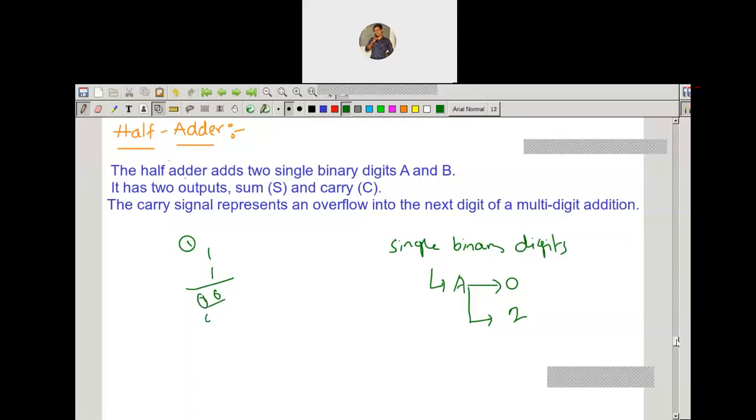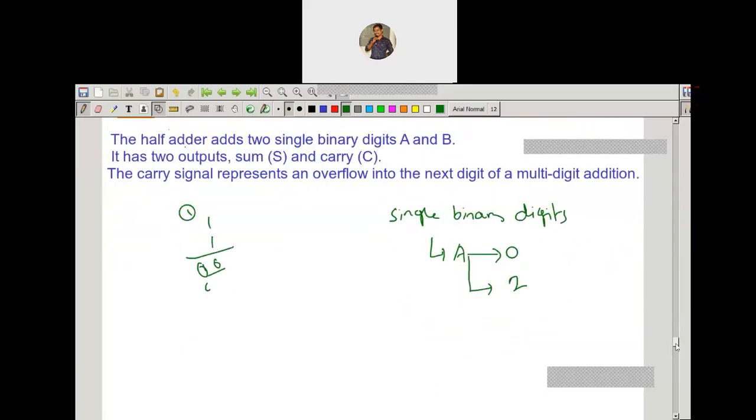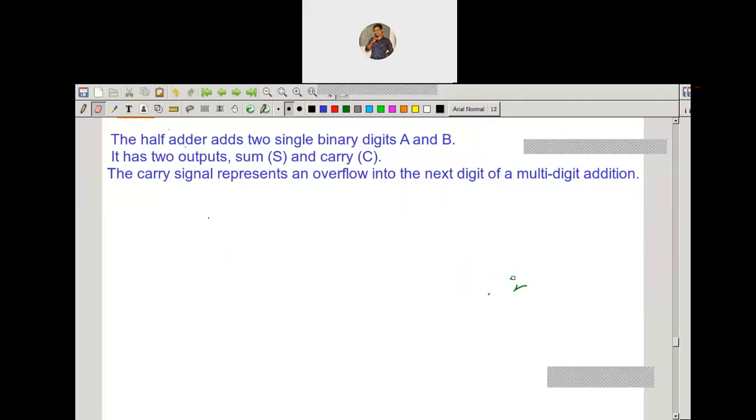So let us form the truth table for the half adder. We're going to take the inputs, and the number of inputs is how many?